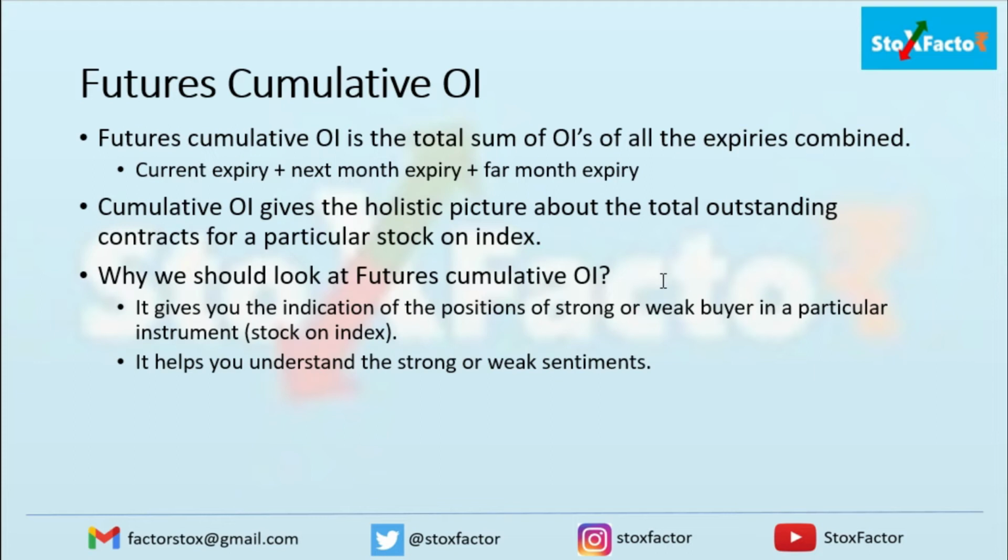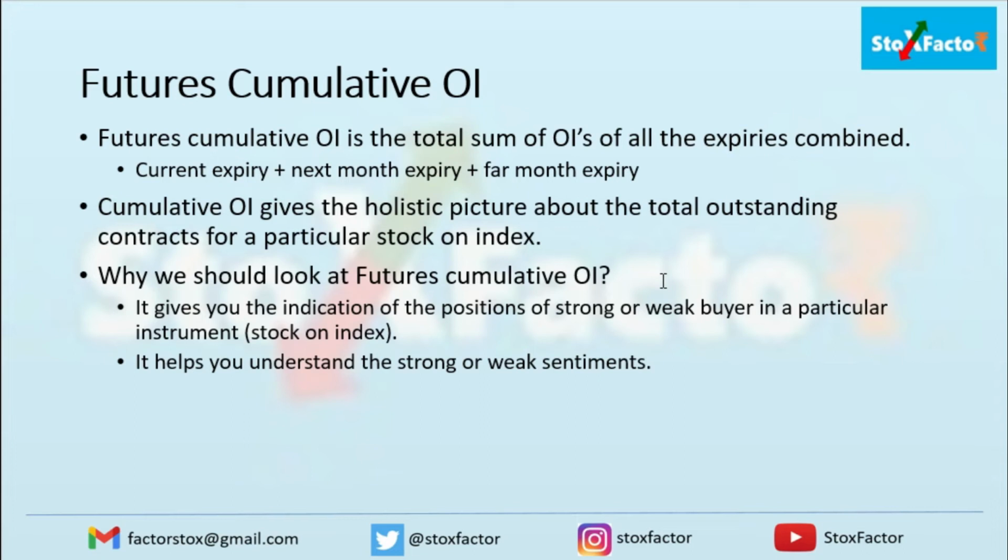They can be FIIs, DIIs, or HNIs. Whenever they make their positions, they make huge positions, right? That's why we call them strong buyers or strong sellers. They have the potential to move a particular stock. Whenever they make a position, they make it in bulk, whether in the cash market or in the futures market. In the futures market also, you will see a significant jump in the cumulative OI, right? The OI change would be significant. That's when we realize that a strong player has entered that particular stock.